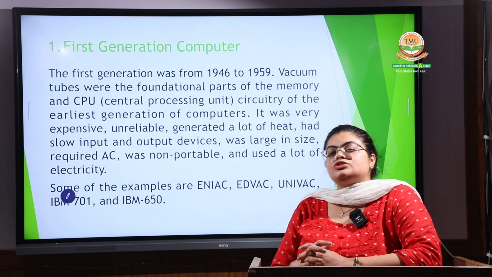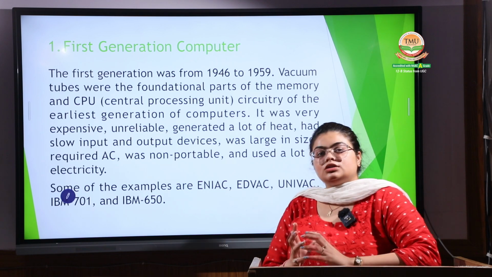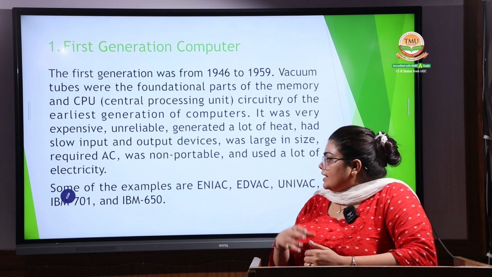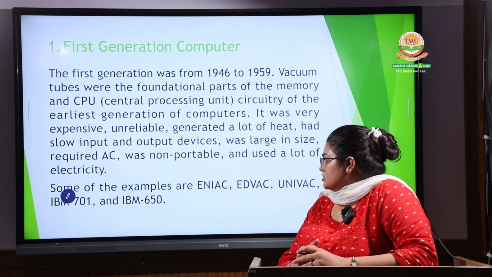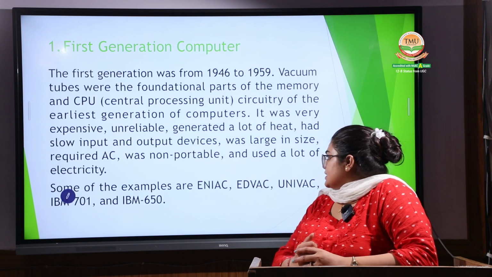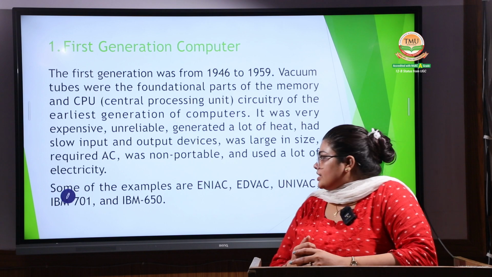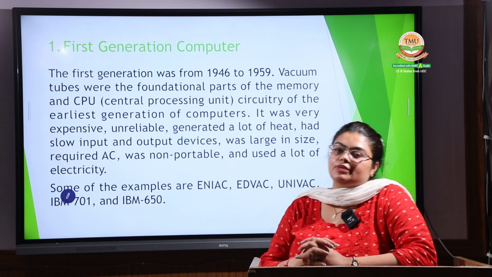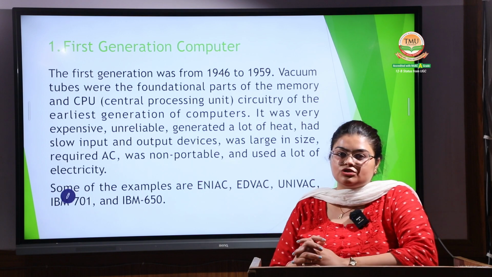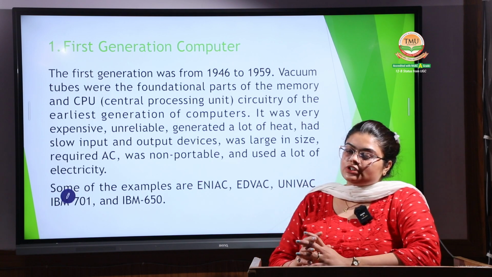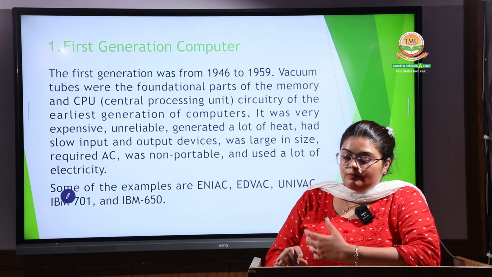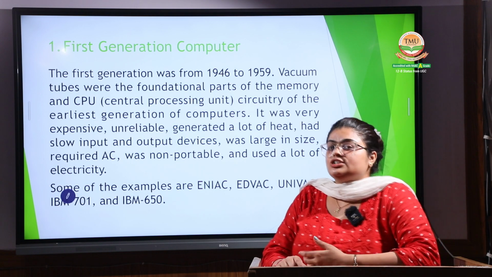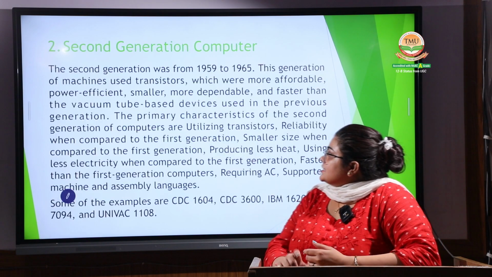So the first generation computer, somehow the work was not done in a very effective and efficient manner. These are the examples of first generation: ENIAC, EDVAC, UNIVAC, IBM 701 and IBM 650. Some of the examples of the computers based on vacuum tubes are of the first generation. So we are not satisfied with the first generation working, so the second generation evolved,